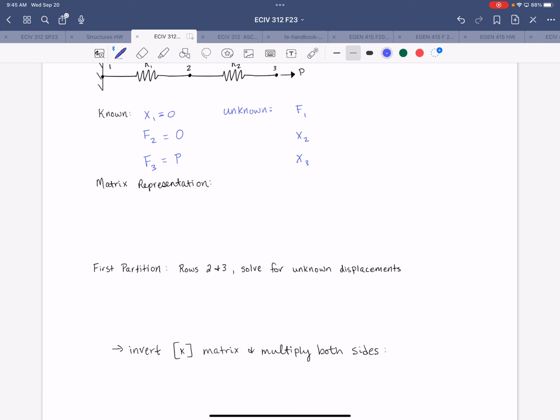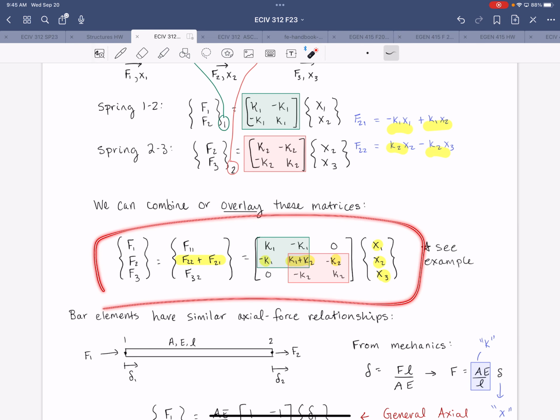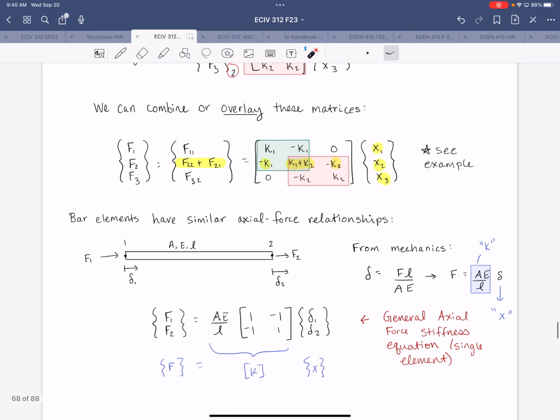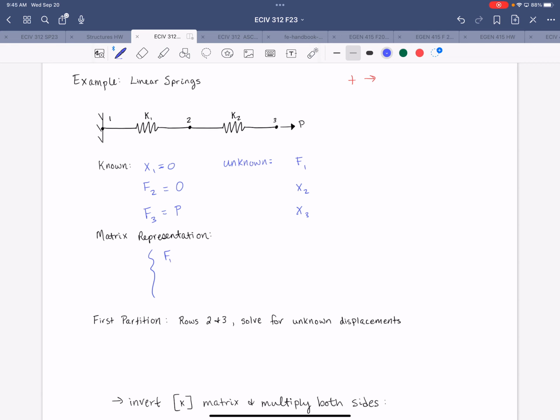All right, so now assemble this in the matrix form. I'm taking this equation right here, because we set up that overlay already for 2 linear springs in series. So we have F1, F2, and F3. We don't know F1. We do know F2, it's equal to 0, and we know F3 is equal to P. I'm just going to add in the known values there. That's equal to